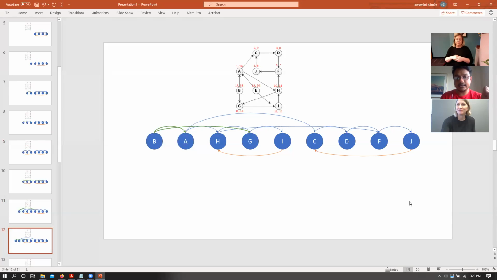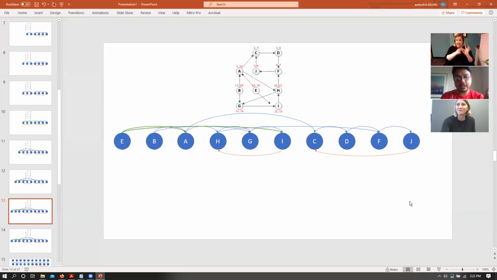And then we have B that connects to A and G, and then we have E that connects to B and I, right? Sorry, A and I, right? So the reasoning behind this graph having cycles is that J connects back to C and I connects back to H. And when I say back, I mean that in this topological ordering, which now defines the parent-child relationship, right?